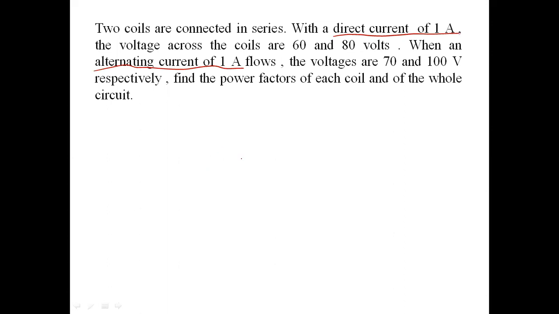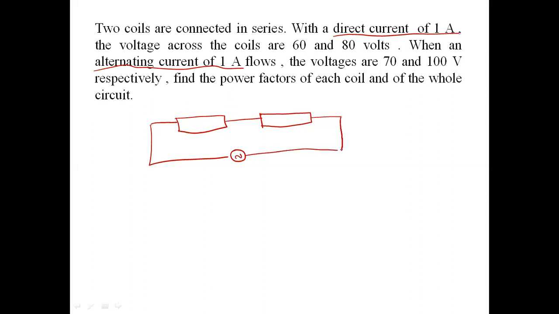Okay. So again, here there are two cases. One is direct current, one more is alternating current. But before that, let me just write the circuit like this. I'm not writing whether it is a resistor or only an inductor. I'm just taking it as some random impedance. I do not even know the total voltage and we don't have to find it also. Let me just write it as VAC. I will write this one as Z1, Z2. Let me take case 1. So case 1, it is a direct current.